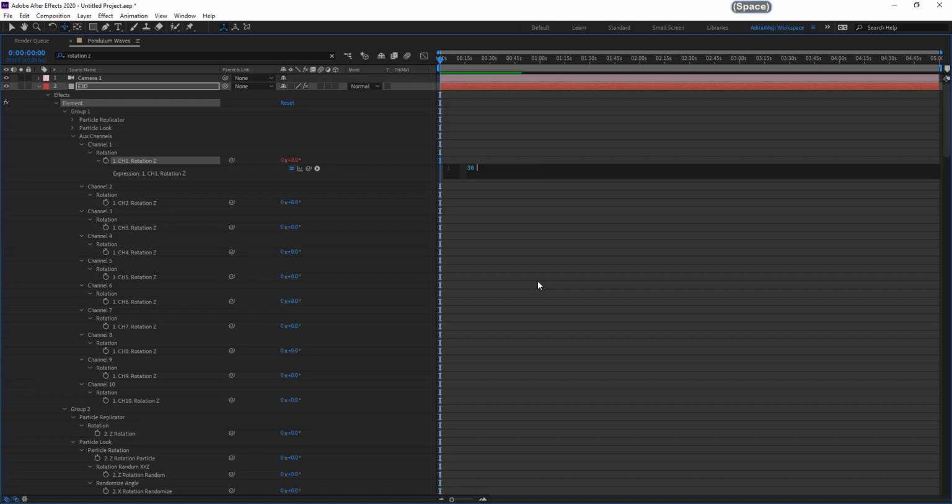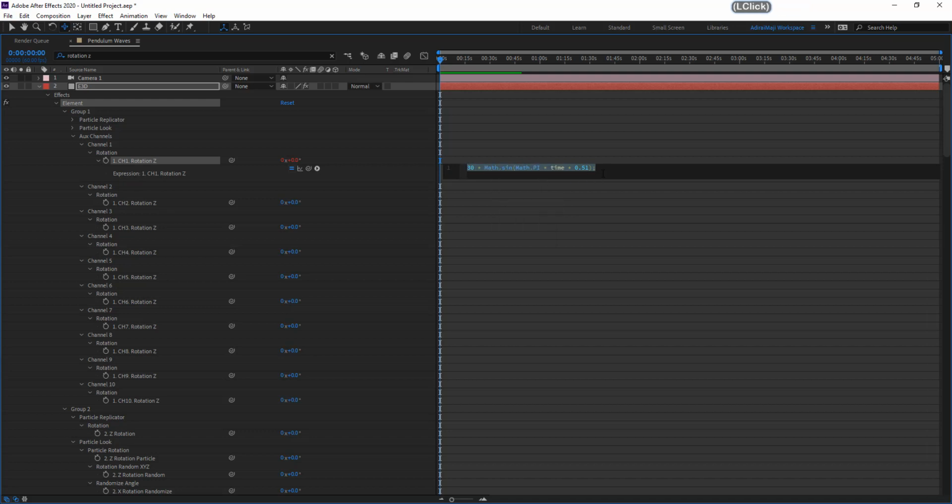So 30 multiplied by Math.sin, within the brackets, Math.PI multiplied by current time multiplied by 0.51. Then close the expression with a semicolon.